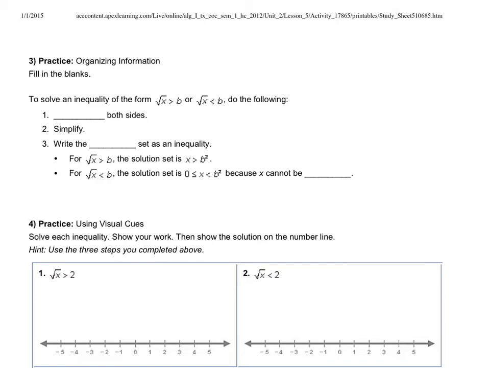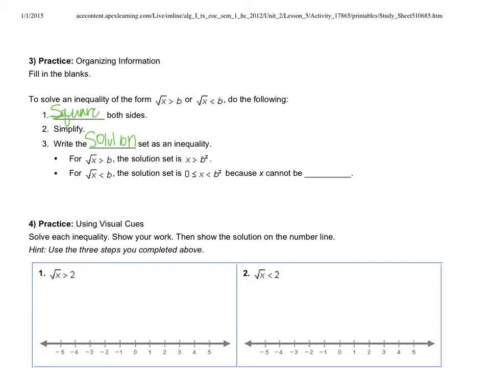So we've got some steps that they give us. To solve an inequality, so now we're solving inequalities in the form of square root of x is greater than b or square root of x is less than b, we're going to do the following. We're going to square both sides, because squaring both sides gets rid of the square root, because remember squaring and square rooting are opposites. Then we're going to simplify and write the solution set